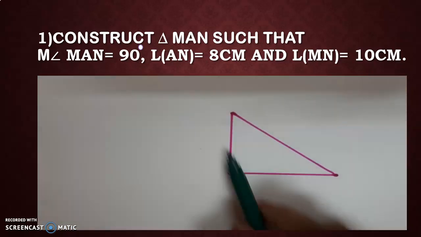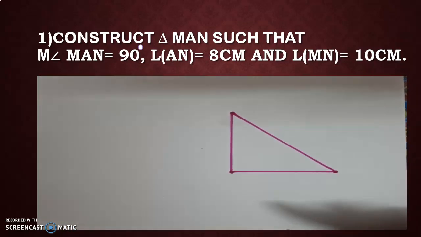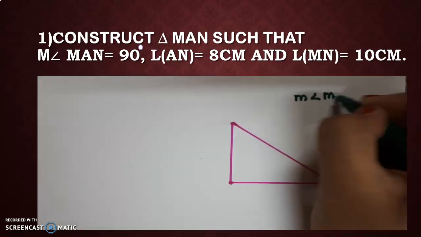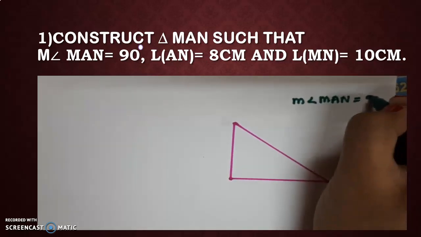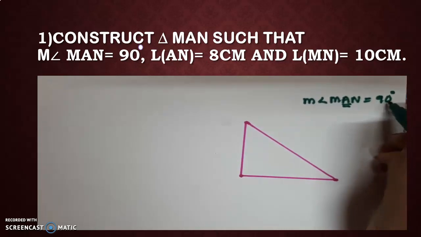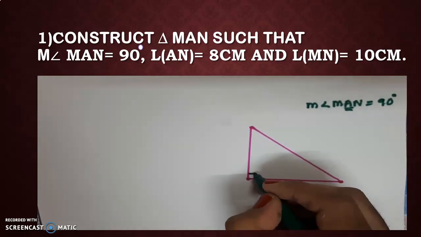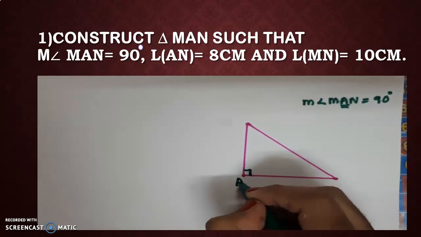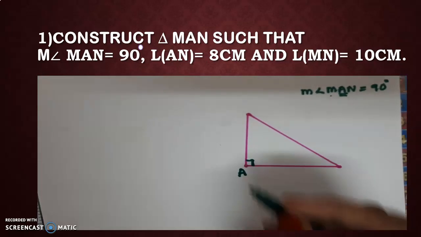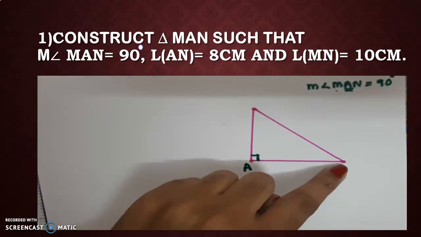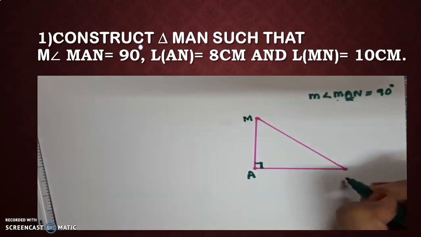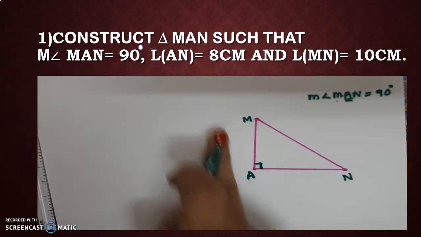After drawing a right angle triangle of any measurement, we will see which angle is given as 90 degrees. Here they have given measure of angle MAN is 90 degrees. So the letter which is in between, A, is the 90 degree angle. So here we will write A. Now whatever two names are left, we write here: M here and N here. So my naming is done.